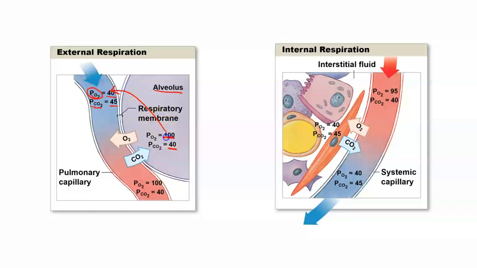You have a high pressure here of 100 and a low pressure here of 40. Gas always wants to go from high to low, just the same as anything else. And so there's a gradient that greatly favors the influx of oxygen into the blood. On the flip side, you have a partial pressure of CO2 of about 45 millimeters of mercury,